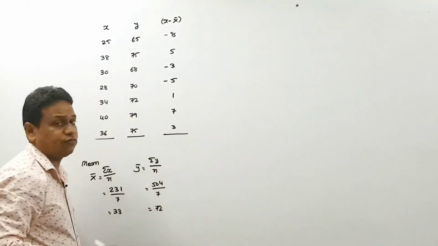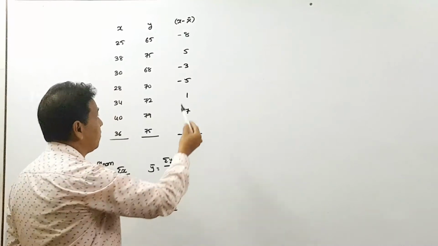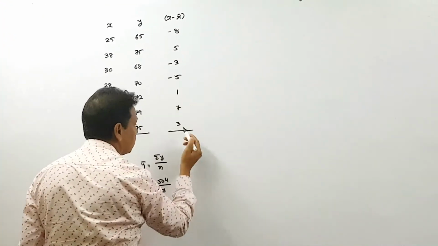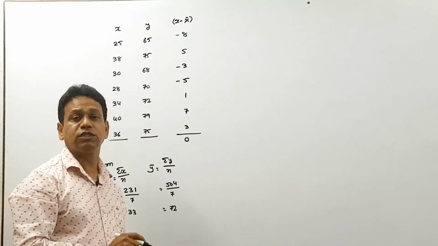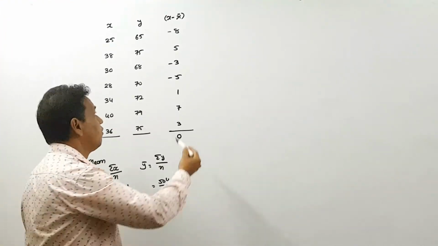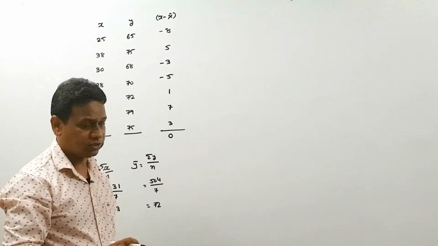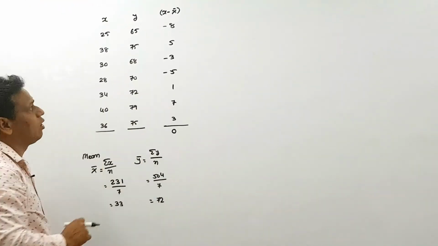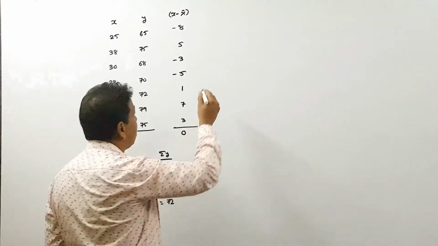And my dear friends, we learned in standard 11 that whenever we subtract the mean from the variable, the sum always comes out 0. If it is not 0, it means we have made a mistake somewhere. We have to find that mistake and correct it, then continue the question. Having made the first column x minus x bar, do the same for the variable y. It is y minus y bar.